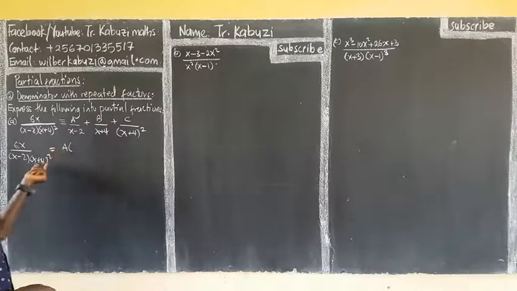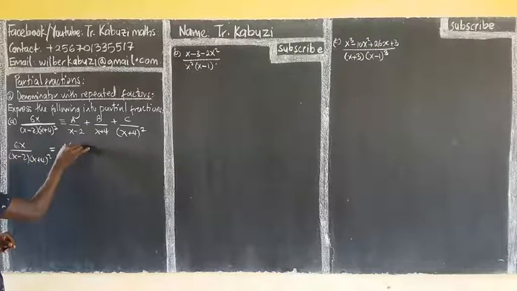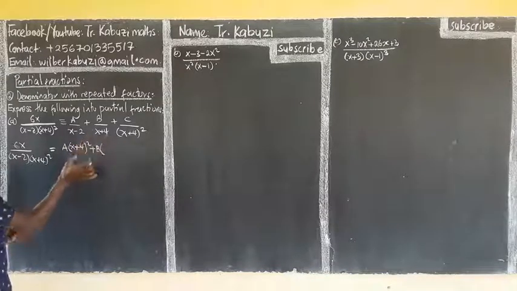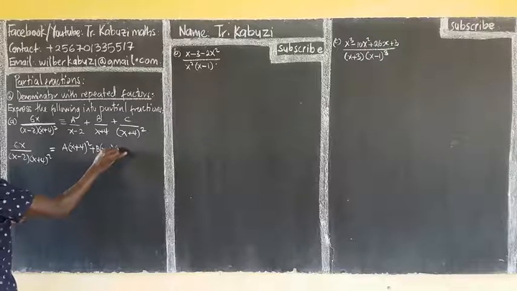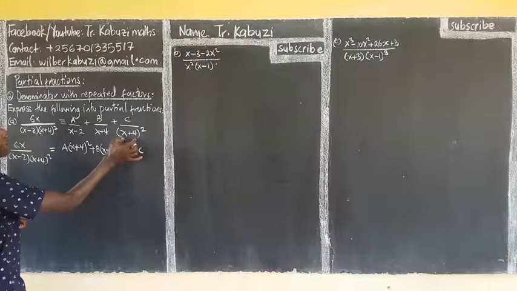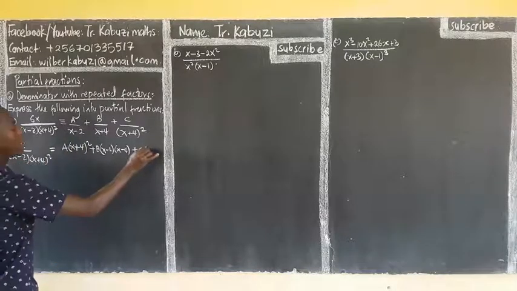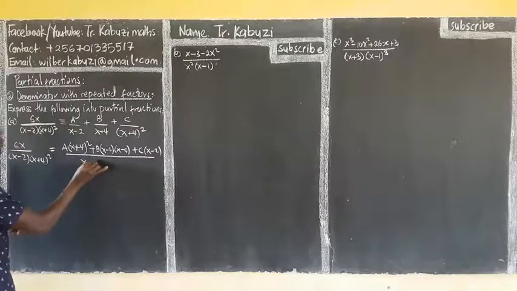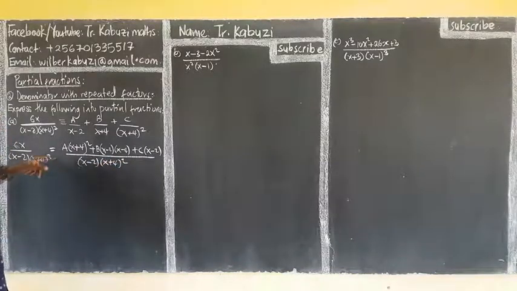Now this goes in here, so that when we divide it here, we make this (x plus 4) the whole squared. Then plus b into, when we divide it here, it's going to cancel one of the brackets. You have now x minus 2. Then plus c. When you get this, you divide it here because this is the LCM, and you are left with x minus 2. The whole over the LCM, (x plus 4) the whole squared. And you say that this is cancelling with this. So you have now